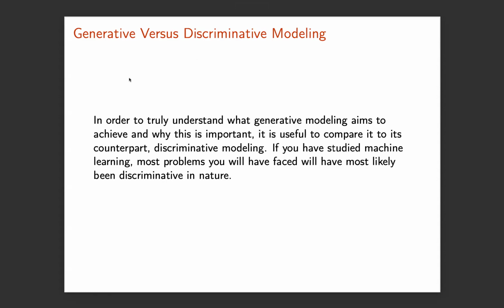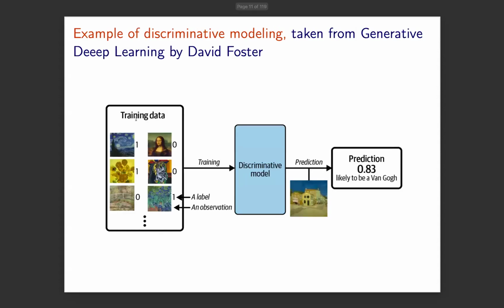And if we just move on, I'm not going to say everything which you have here, but if we now link this with the discriminative models, which have been the type of models which you have encountered before. There's a typo here. The typical case then is that you would have some labeled data, and in this case, you're training a model which then can tell you whether this is a Van Gogh painting or not. And then you can train it and then test it on data which was not included in training, and then you can make a prediction whether it's likely to be a Van Gogh. And this is the basic difference between a generative model and a discriminative one.